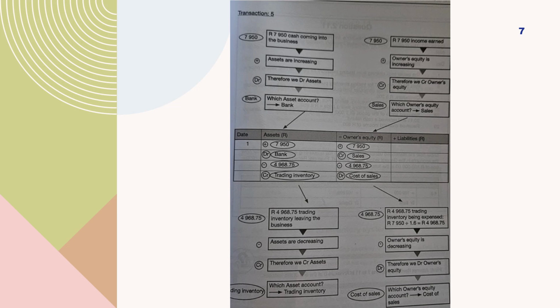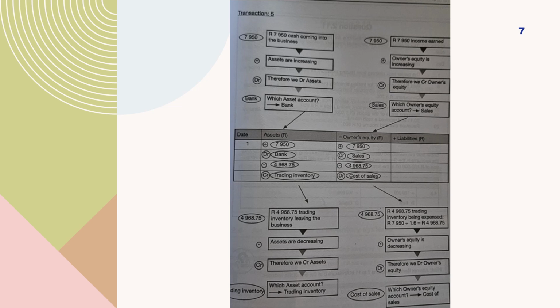And then in terms of your debits and credits, cost of sales is an expense. We want the expense to increase. So AED, the E stands for expense. It has a debit balance. Expenses have a debit balance. If you want to increase the expense, you debit it. So notice that when an expense increases, it decreases your owner's equity. So even though we're debiting cost of sales is increasing, our owner's equity is decreasing because the worth of our business is decreasing. So now if you look at what's in the owner's equity column, we've got the selling price